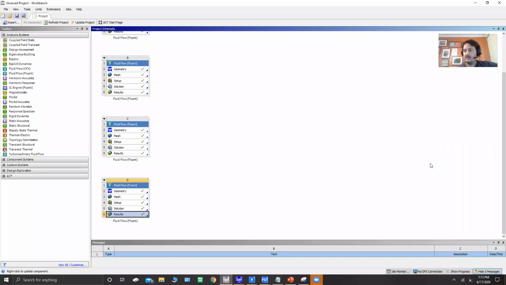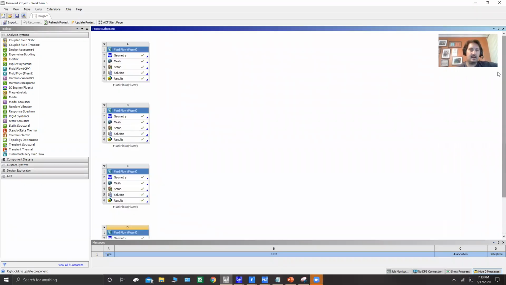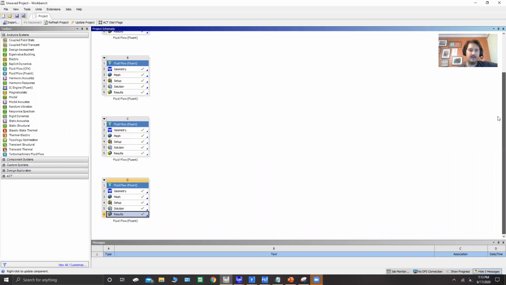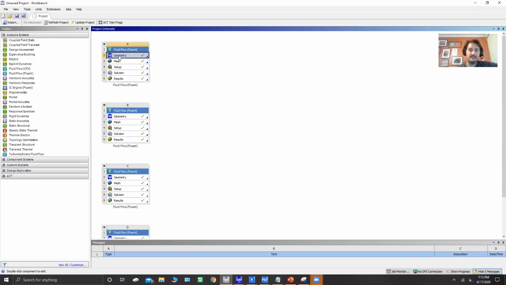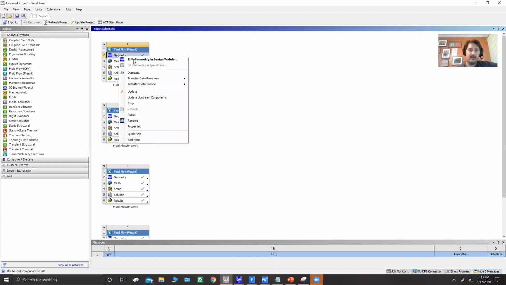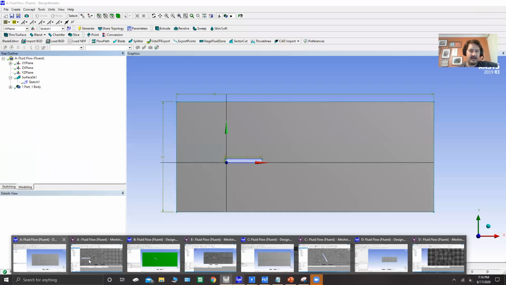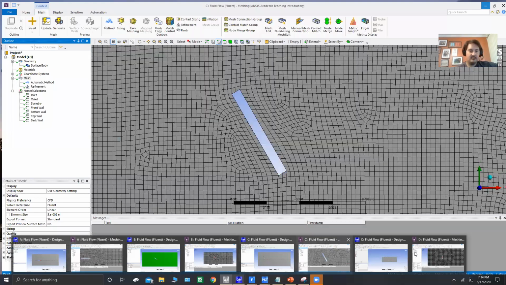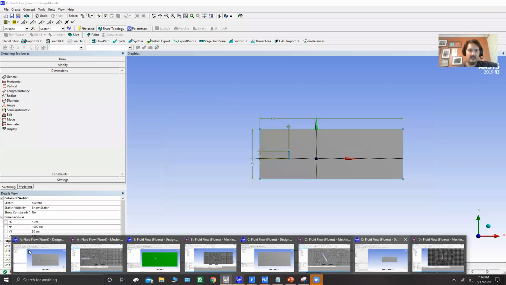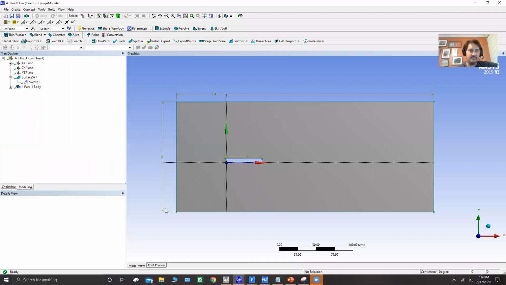All right, cool. So here we are. We've got 4 different simulations that I set up here. With the first one here, the plate at 0 degrees. We edit the geometry in Design Modeler, not SpaceClaim. So down here in the DM, we can see that I have 2 for A, 2 for B, 2 for C, 2 for D. So we'll go through that here in the first example that we did with the plate